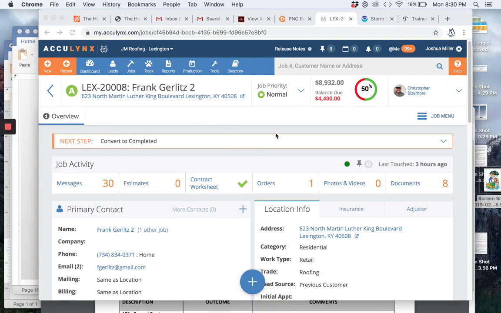So this video is going to talk about how to move a job to completed. When you're the production manager, this is where once a job gets moved into approved, you own the job at that point, and you own it pretty much until the point it goes to completed. So what that means is that